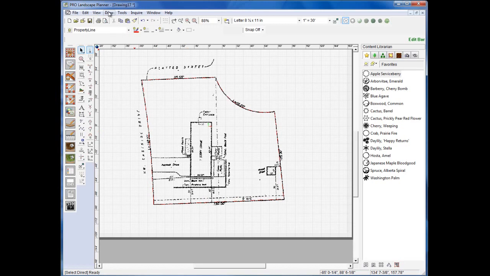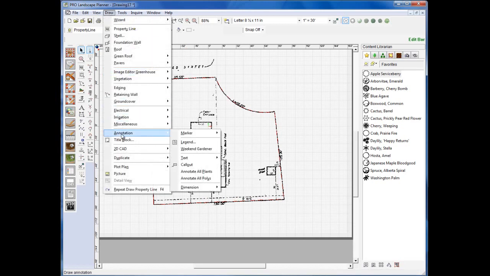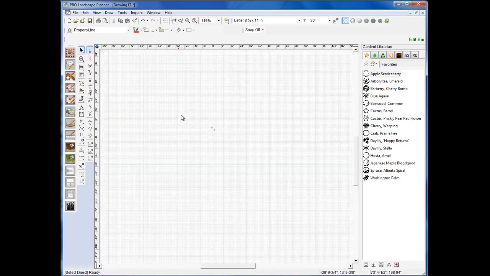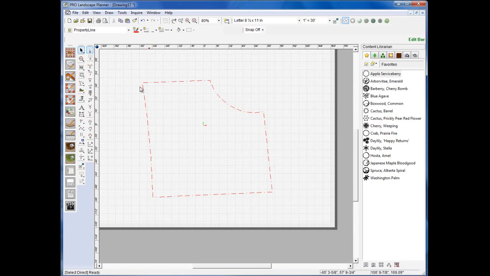I'll go to the Draw menu, and we'll go down to Plot Plan and delete Plot Plan, and it's deleted out that image file. So now I can